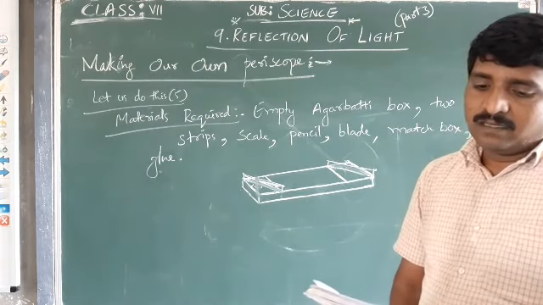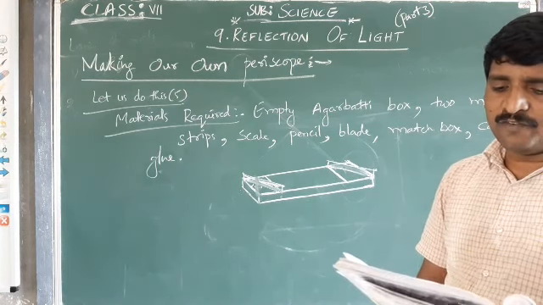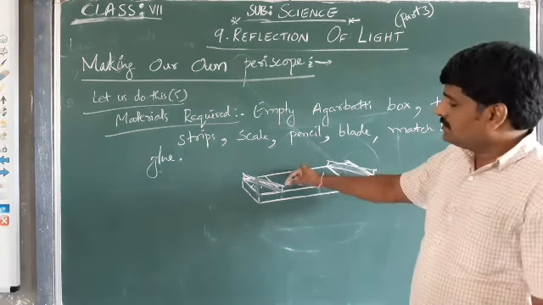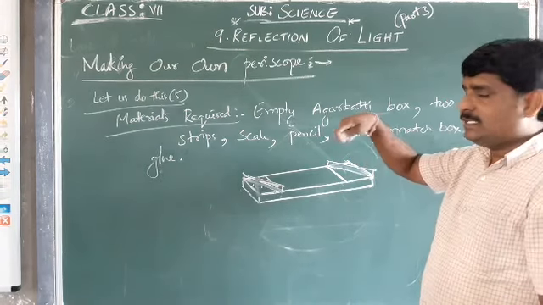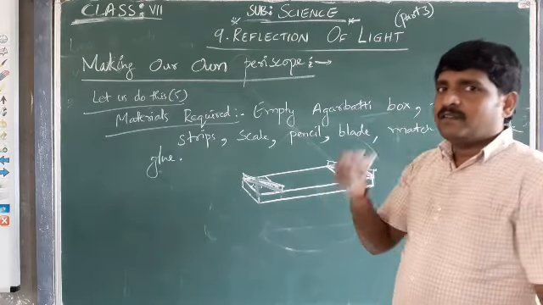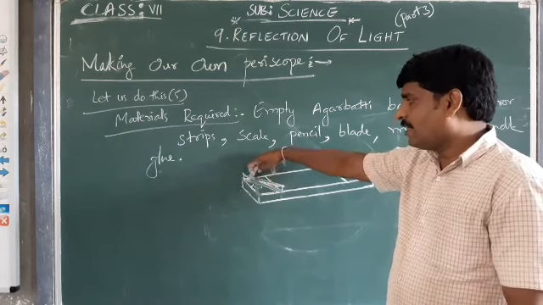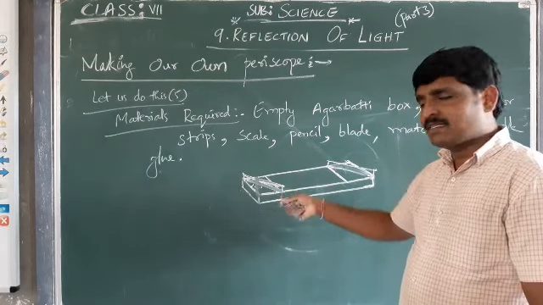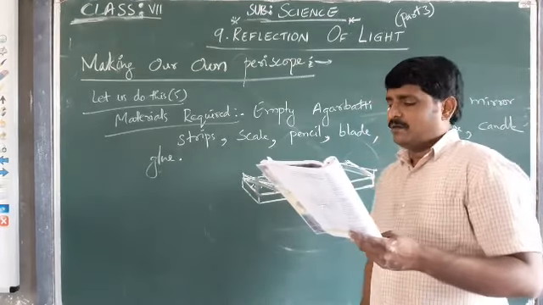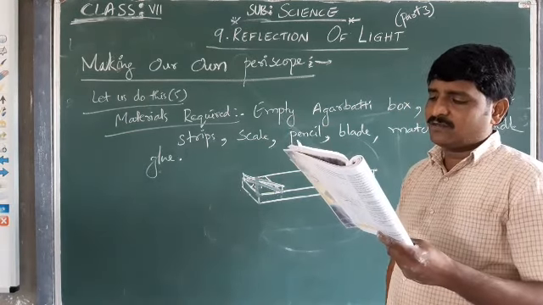Okay. Fix the mirror strip firmly to the box with a few drops of molten wax from a burning candle. Now how to fix? You just have to light the candle, and the wax of the candle will melt. You place that molten liquid wax at the back of the mirror so that it will be fixed. From top to bottom at the back, you have to slowly drop the liquid wax.